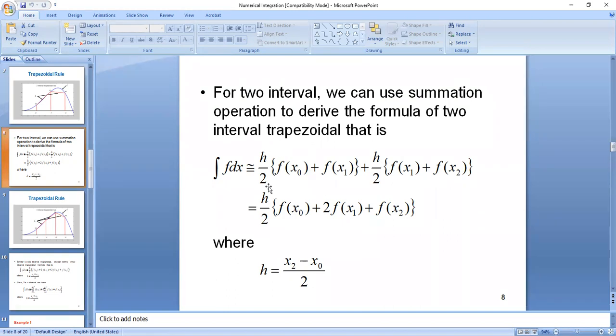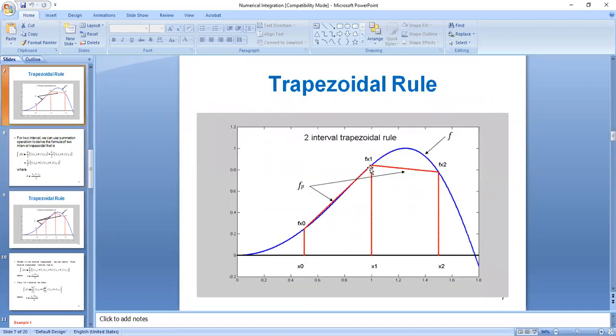That is, you will have now h over 2, and then you have f of x sub 0 plus f of x sub 1. You multiply h over 2 by that. This is for the first trapezoid. For your second trapezoid,